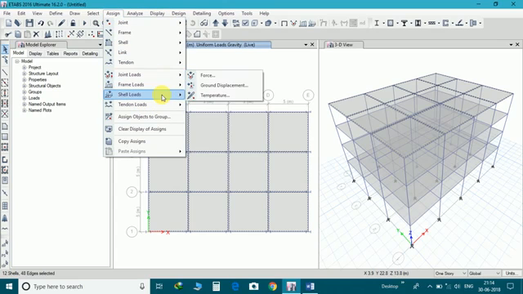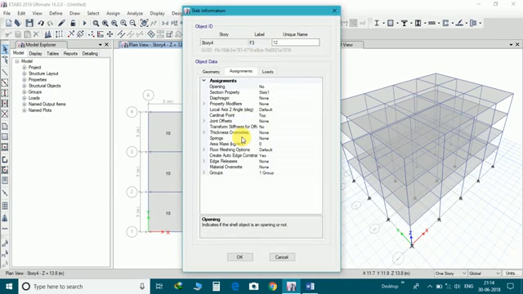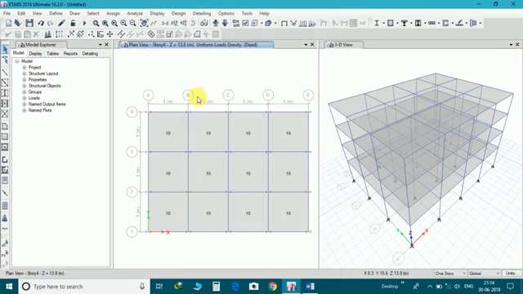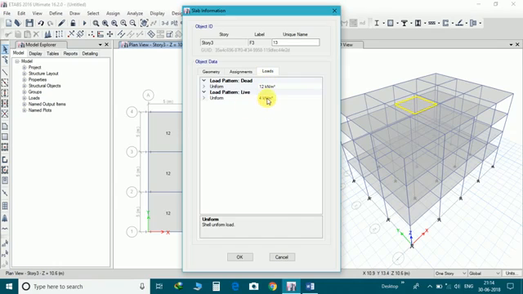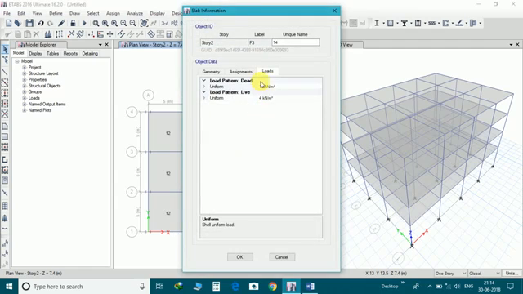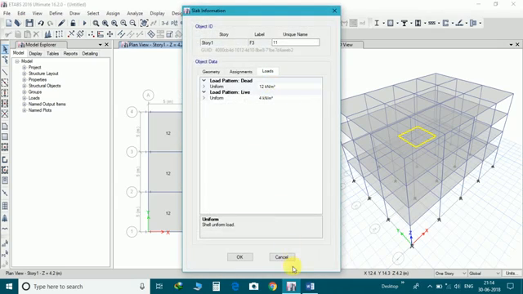Now we will replace the load by 10. Here we can see by clicking here load only 10 kN, and in third story 12 kN and 4 kN. Second same load. First story same load.